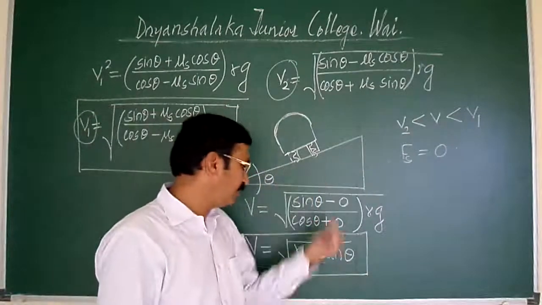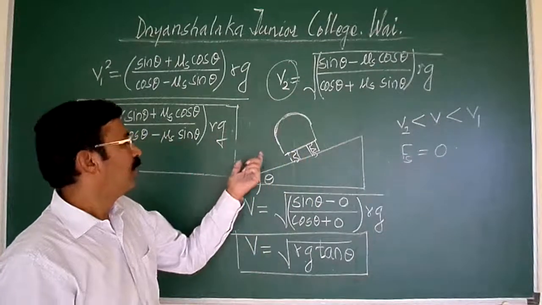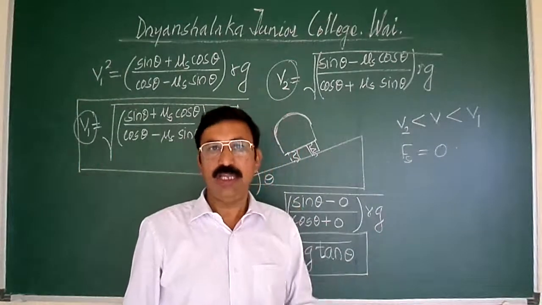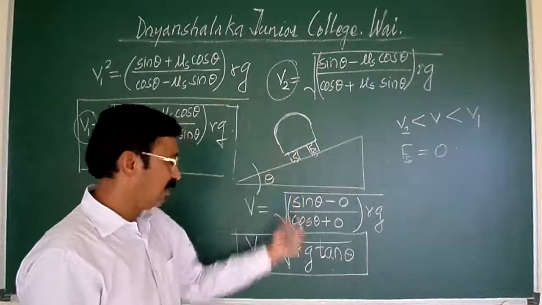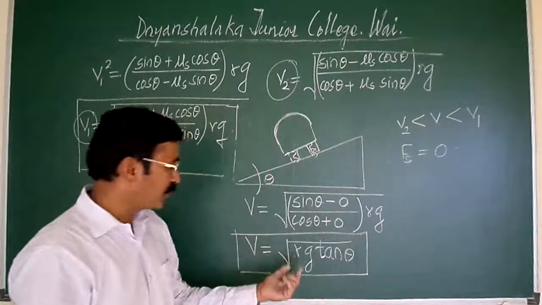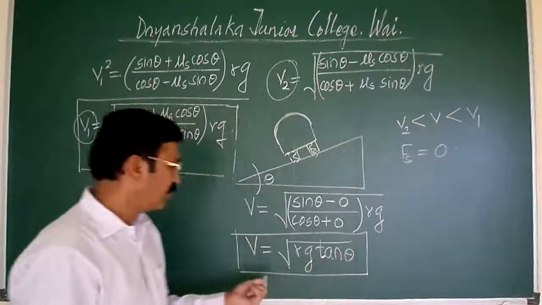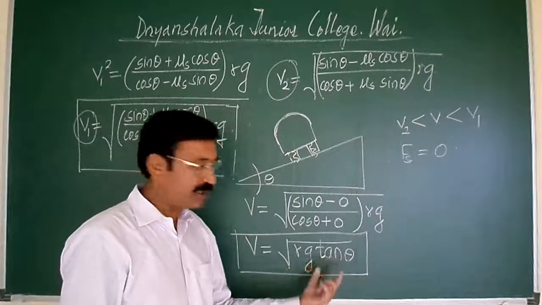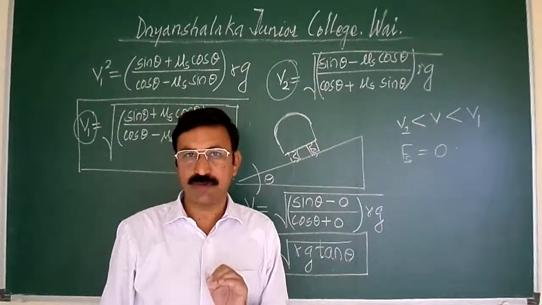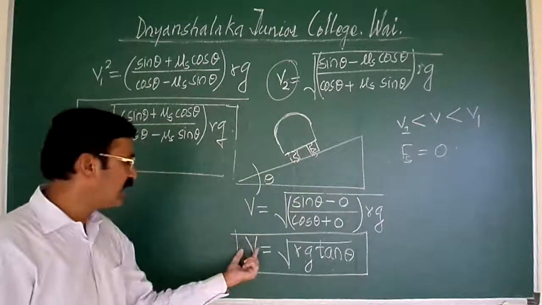For a given place, acceleration due to gravity is constant, and if the speed at which the vehicle is to move on the road has been decided, then the angle of banking theta becomes a constant term. So for that constant angle of banking, the tan theta value will be constant. So R into G into tan of theta will be constant, whose root will also be a constant value. And so for a curved banked road, the safe limit is fixed,